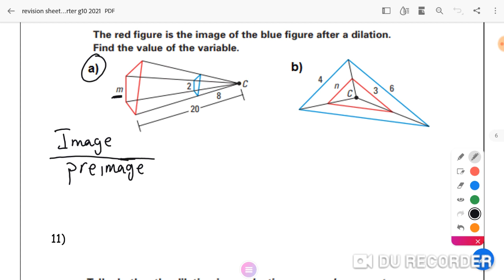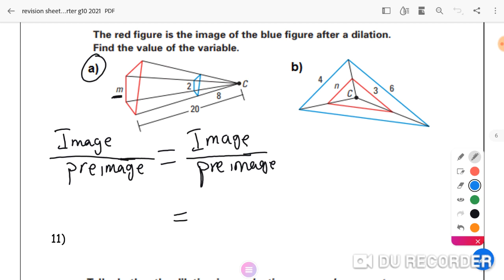If you're required to find out the scale factor of the dilation, you can find it out by the relationship. The scale factor equals image over pre-image, or simply the image length over the pre-image length. And this proportional relationship also can help to find out the missing parts of any polygon. Okay, image over pre-image equals also image over pre-image. So let's apply this